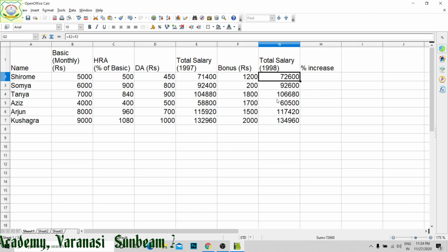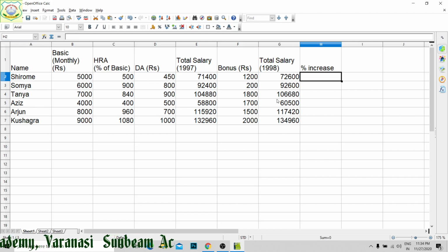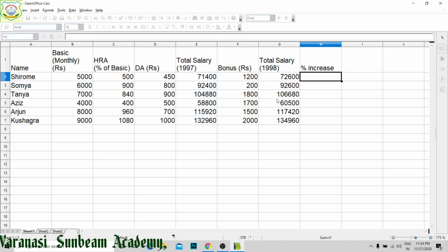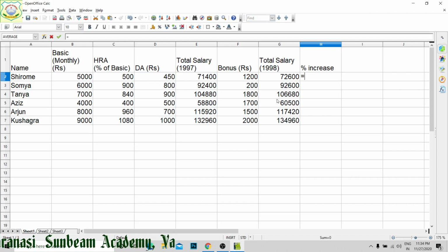Now how much percentage increased from 71,400 to 72,600? For this, what to do? Whatever their difference, it should be divided by 71,400. To find out in percentage, it will be multiplied by 100. So I am going to find out this minus this divided by this into 100.